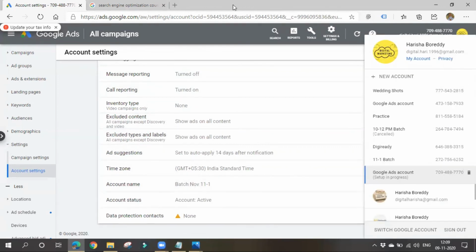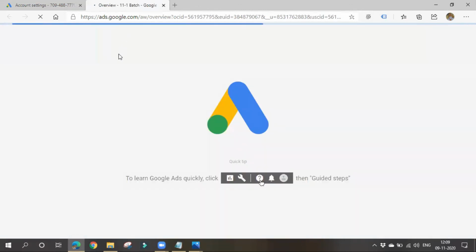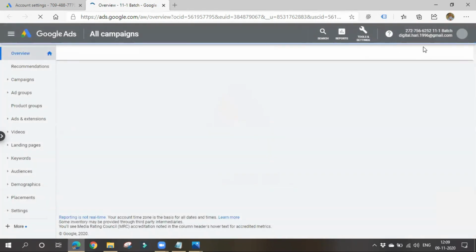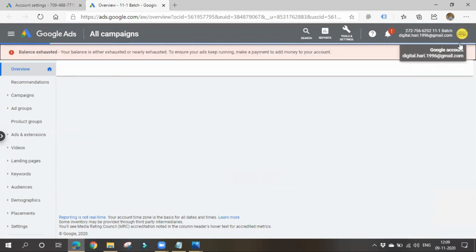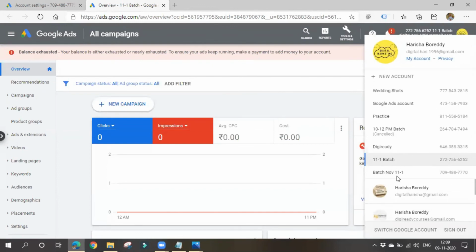If you choose some account, I'll open this account in another tab. I'm opening some other account. If you refresh this once, it can show. So now see, the name of the account has changed. If you click on this account, you'll be navigated to this account.